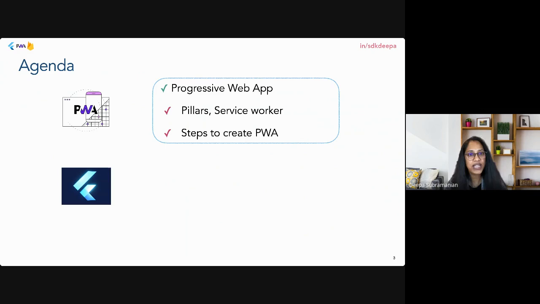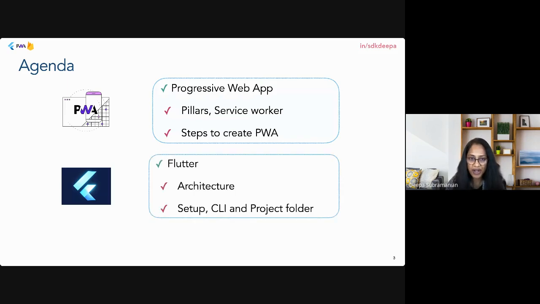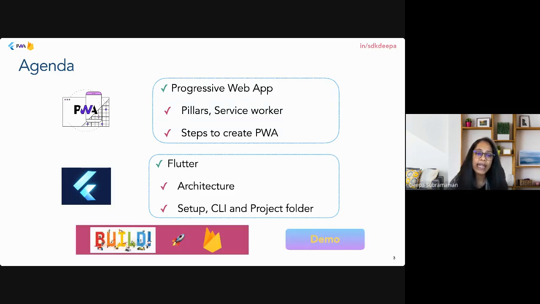And okay, today the agenda, I split it into two parts. We'll start off with the Progressive Web App. We'll talk about the pillars of Progressive Web App. We'll talk about service worker, manifest, etc. And then we'll see how to create a Progressive Web App to begin with. Then we'll talk about Flutter, very basics of Flutter, but I wanted to mention here about Flutter Web, so that's why I'm doing this. And then we'll build and deploy in Firebase. I will show you the demo at the end of this